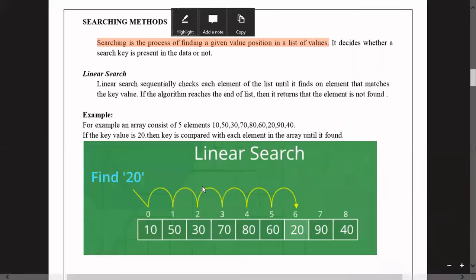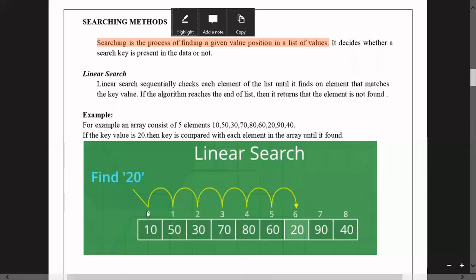For example, these are the list of values: 10, 50, 30, 70, 80, 60, 20, 90, 40. You consider all these elements, 10 to 40, as the list of elements. The list of elements is stored in an array of integers. We create one integer array variable, and in that we store all these elements.